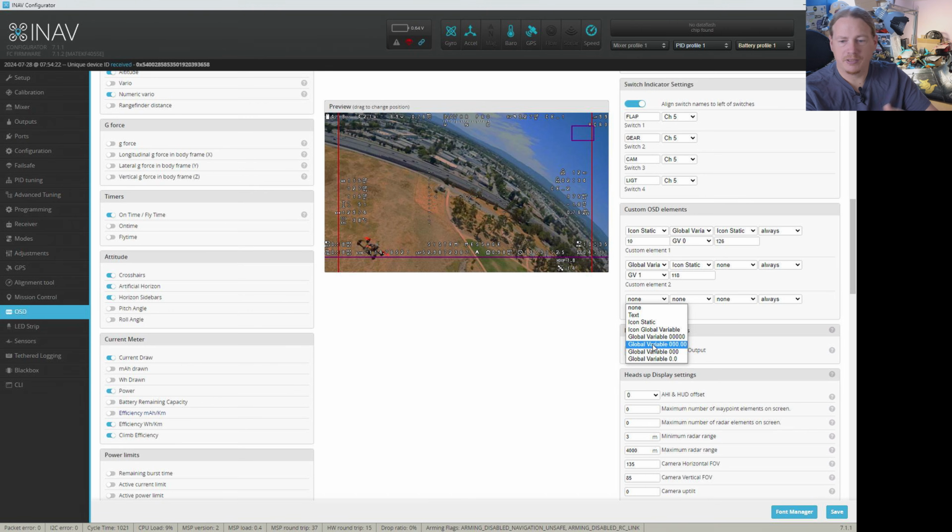The next one, again, you select the global variable. It will be 3 integer digits followed by 2